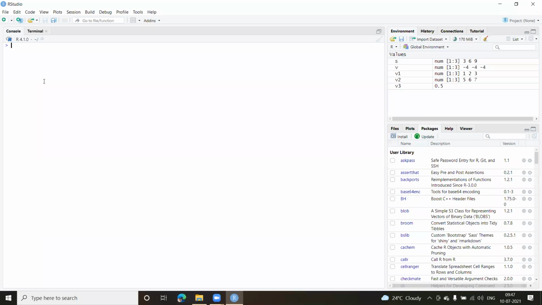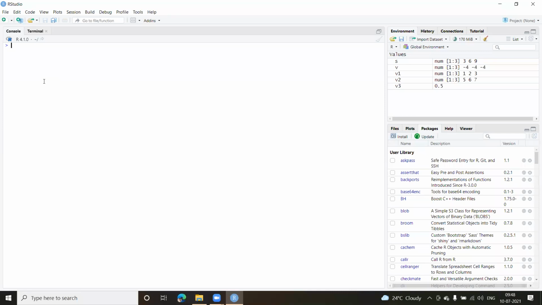Now, before we move off, I would like to complete 2 more. One is your relational operator and your logical operator. So let us do the relational operator. Relational operators, you might have used them in simple programming languages. Your relational operator will try to check the relationship between 2 variables or 2 objects. Even in this case I can make use of the vectors as well. Now, what are the relational operators? For example, the less than sign.